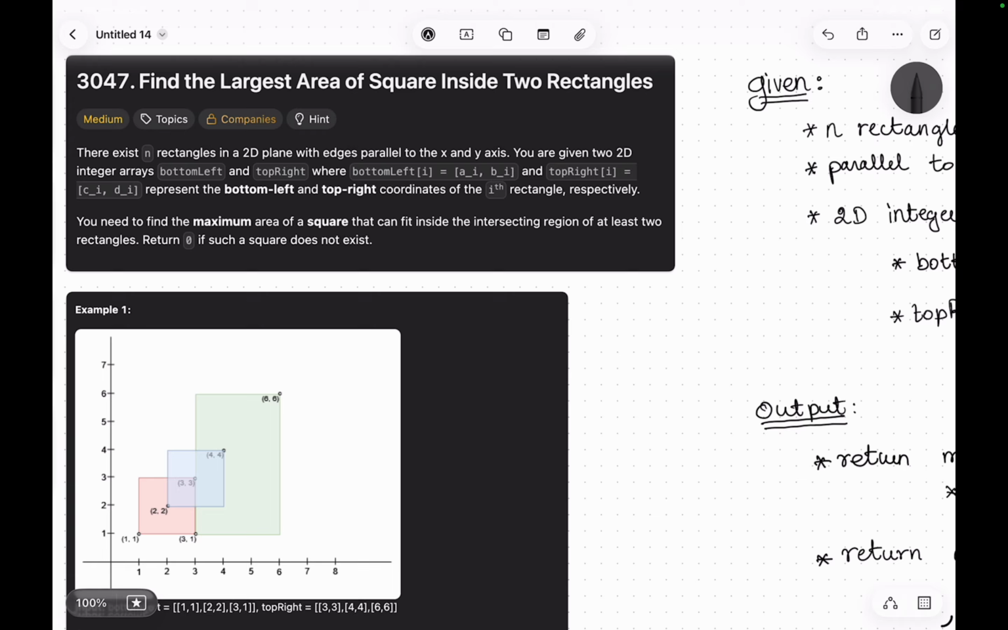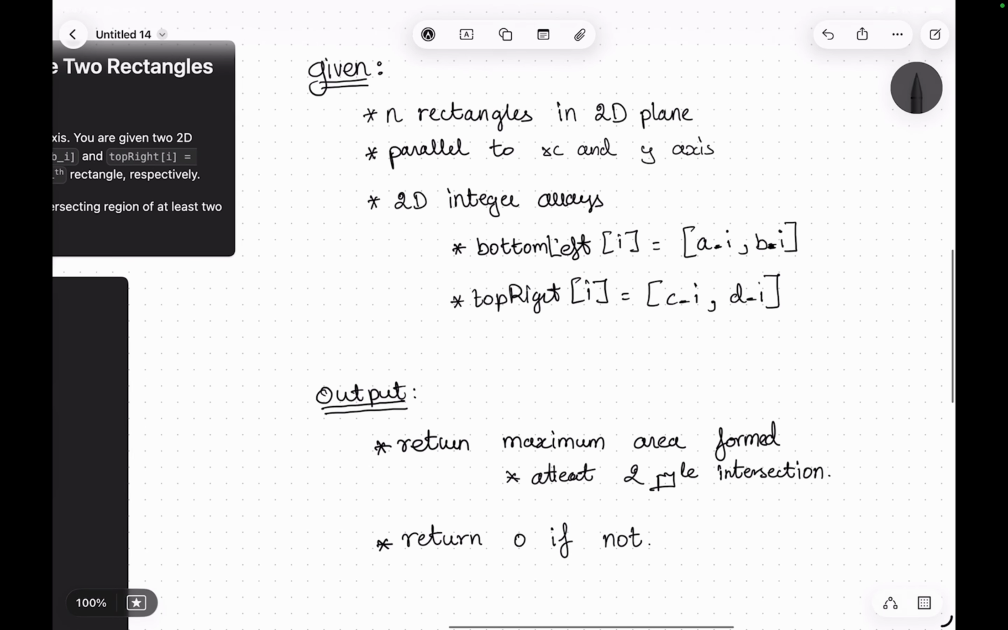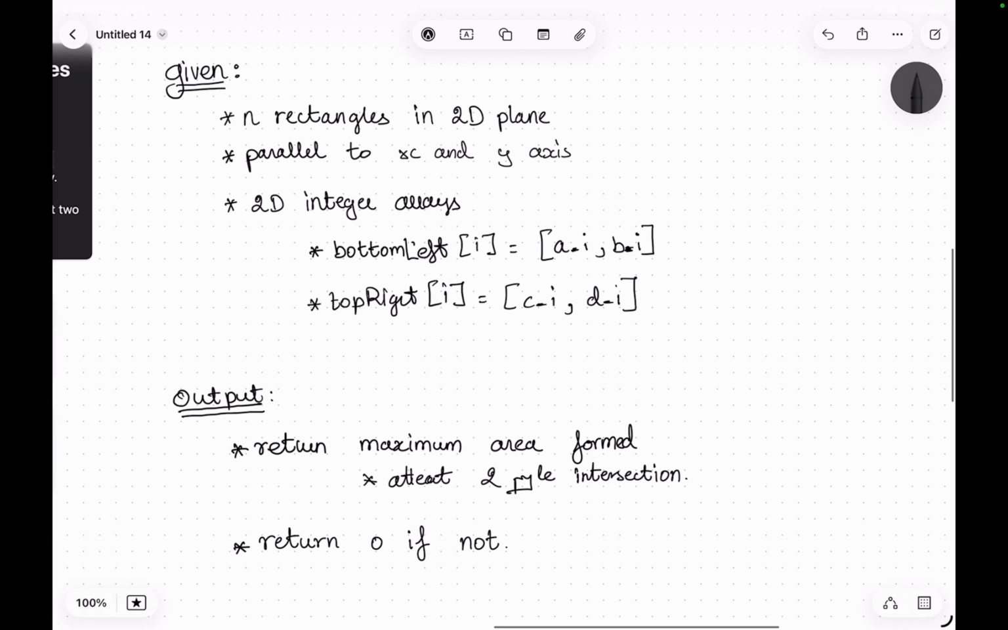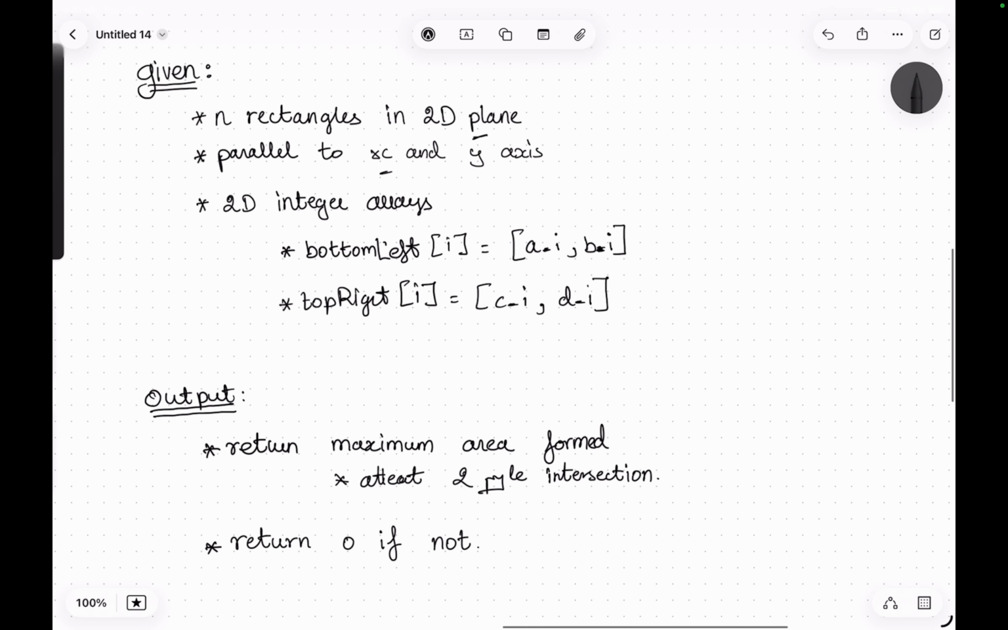Hello all. Today we are solving LeetCode problem number 3047. Find the largest area of square inside two rectangles. So we are given n rectangles in 2D plane, and these rectangles are parallel to both x and y axis,